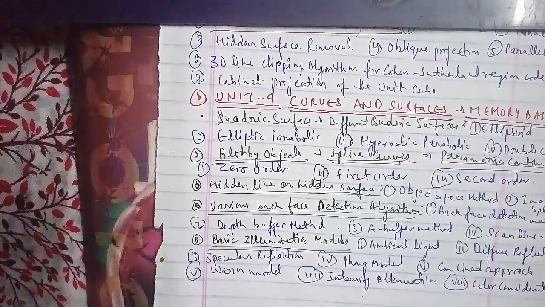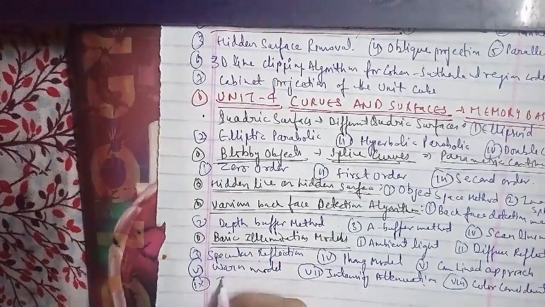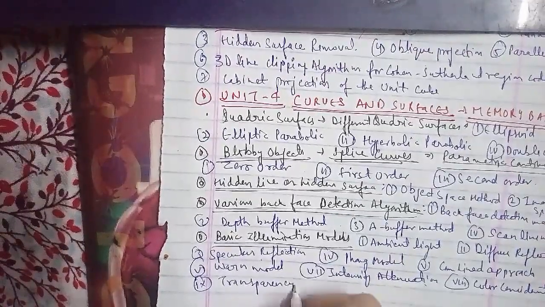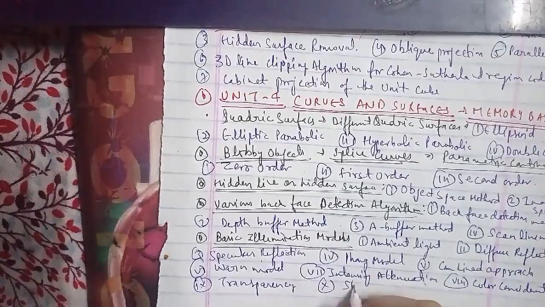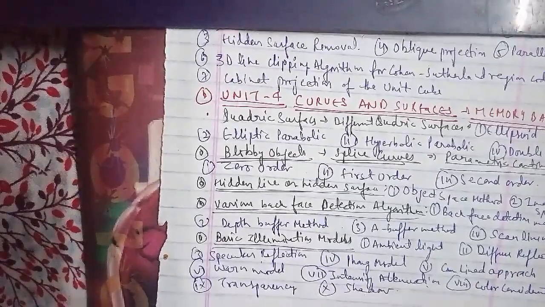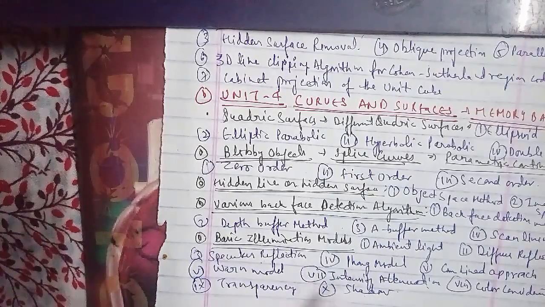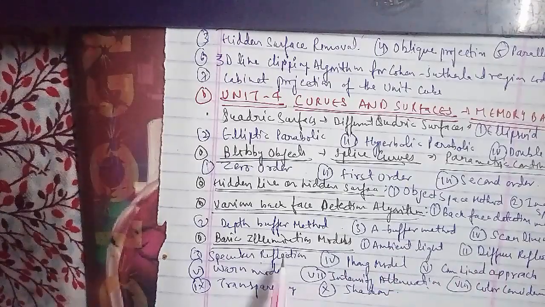The other question is, write an expression for the brightness of an object illuminated by a diffuse ambient light, which is I ambient equals Ka Ia, where Ia is the intensity of the ambient light or the background light, and Ka is the ambient reflection coefficient, which gives the intensity of diffuse reflection at any point of the surface.